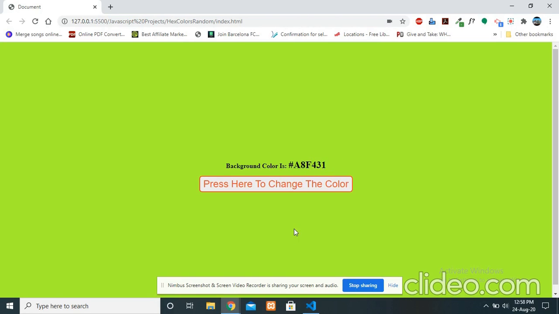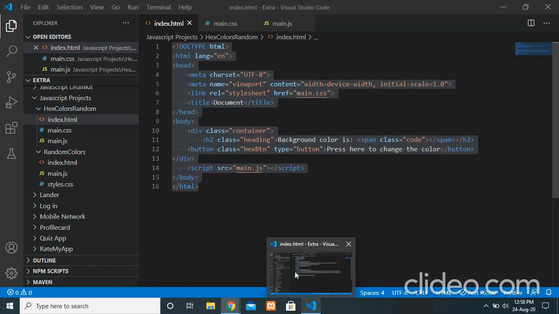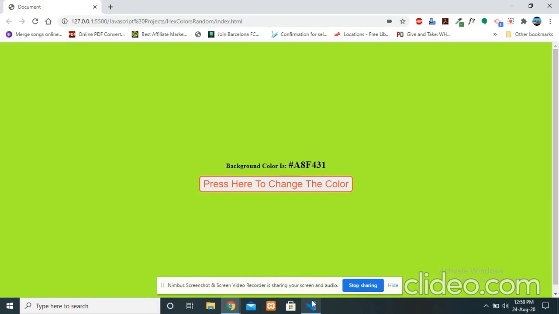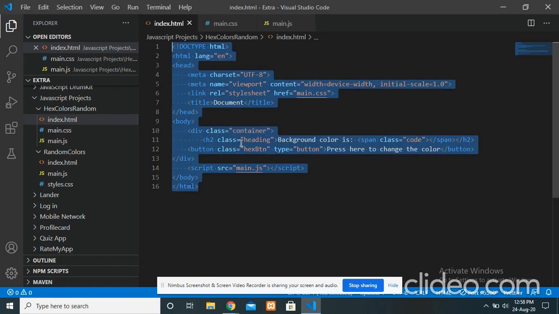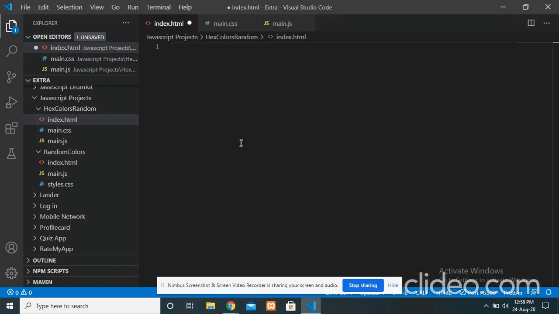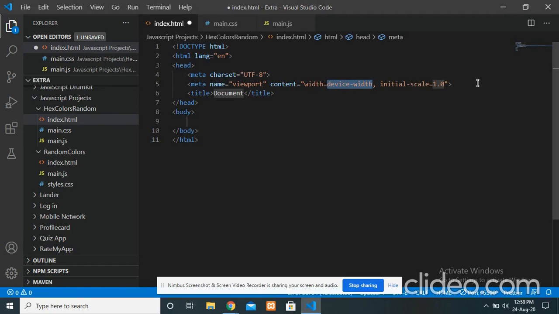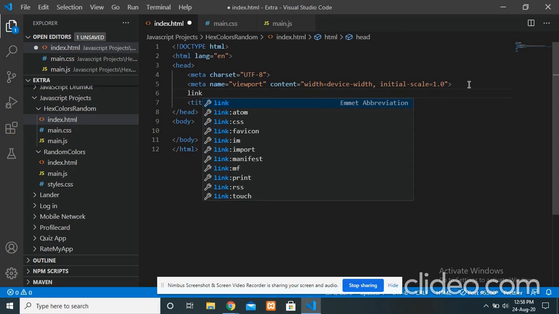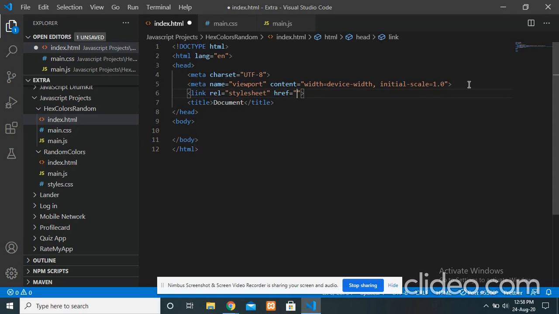So for this purpose, let me create index.html. For index.html, I'm writing like this. And now I also want to link my style sheet. So I'll link, and then I am naming my style sheet as main.css. And then